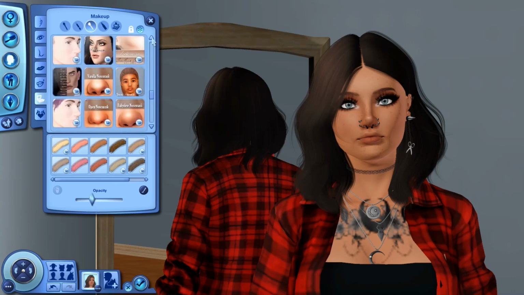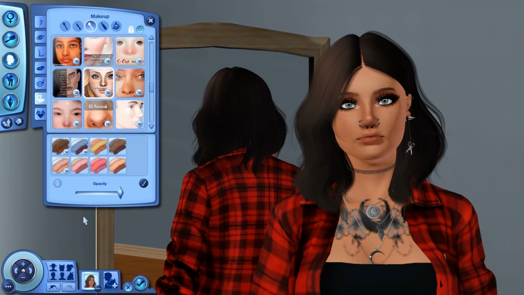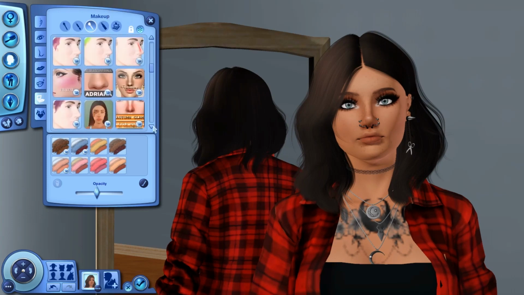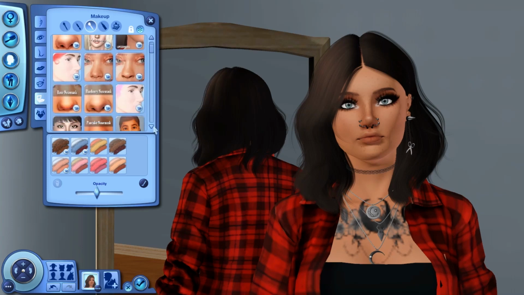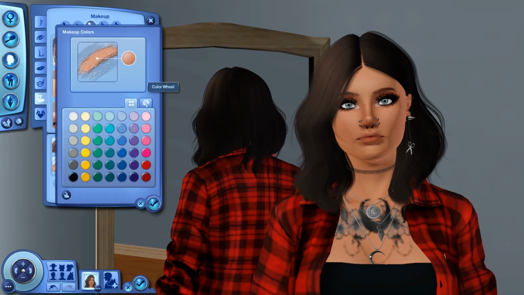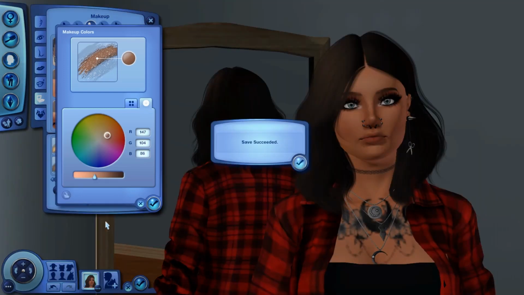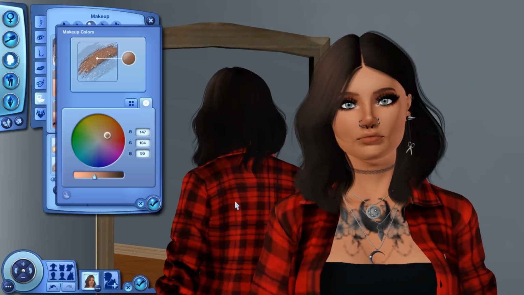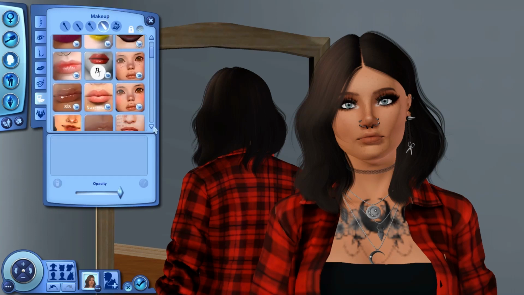So you see I go in here and I adjust things so many times, and I actually used a different blush on her, that's right, because there was one that added a little bit of highlight underneath her eyes, which I kind of liked to blend up her face a little bit more. And I think for her lipstick I went with a darker shade, but I ended up adding that lip gloss topper that I've been using, because I'm noticing whenever I'm using the EA matte lip edit, it feels too flat to me without it at this point. So that was kind of an interesting turn of events that I didn't expect.